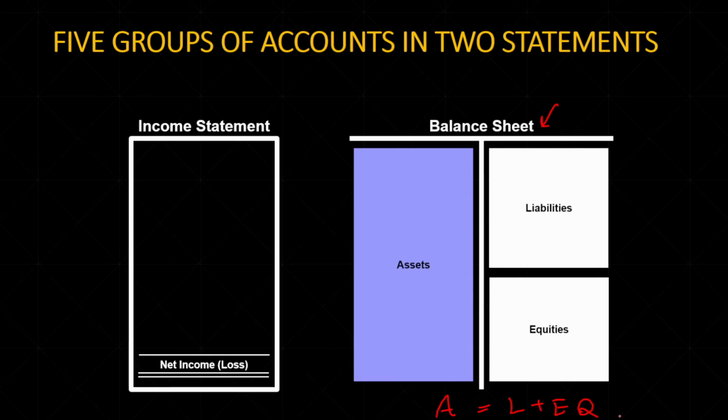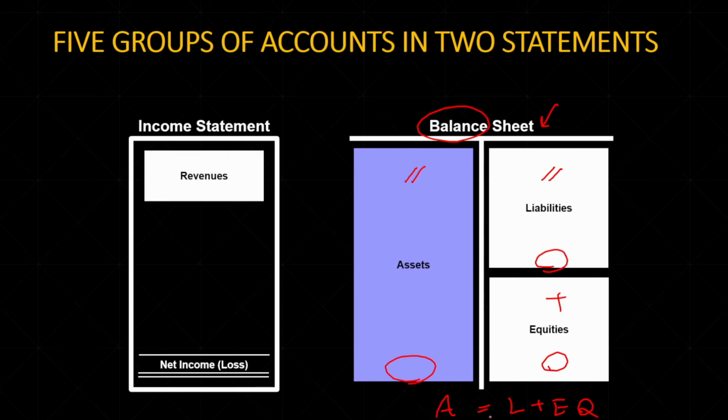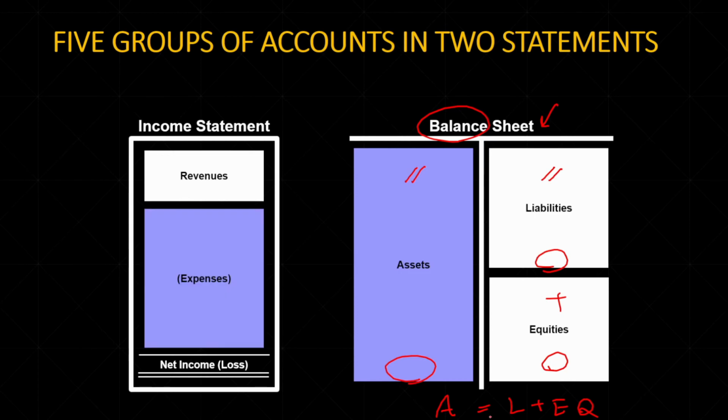It is called the balance sheet because the left side should be equal to the right side all the time. The total amount under the asset section should be equal to the summation of the total amounts on the right section of our liabilities and equities. So 3 account groups are reported. Now let's see where we can find the other 2 account groups. Revenues and expenses will be reported in our income statement report.